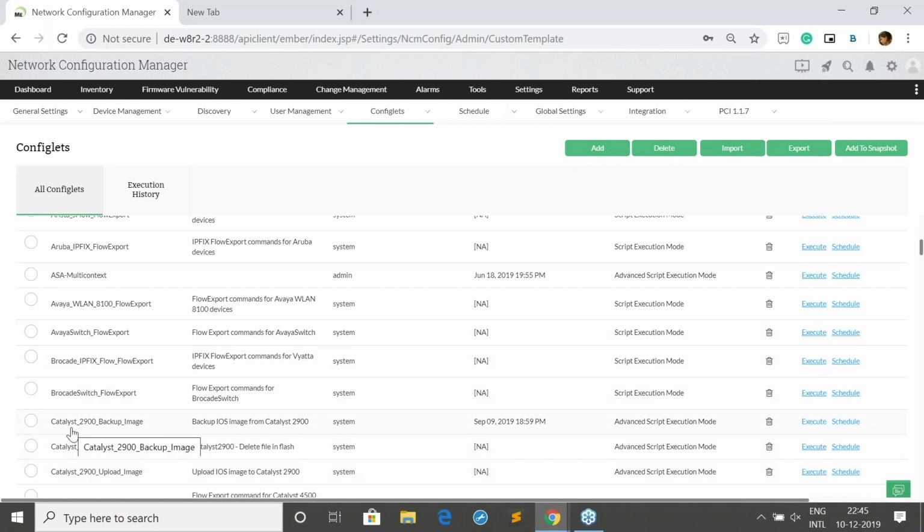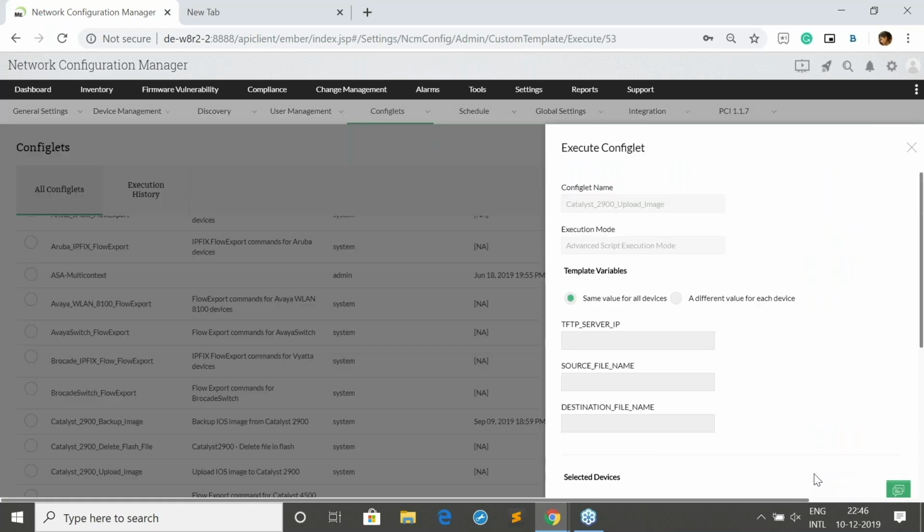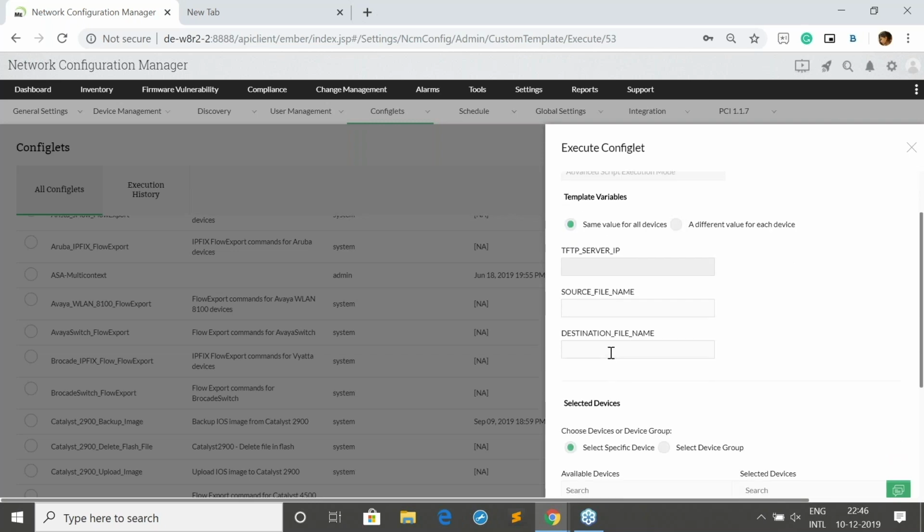Here we have a configlet named Catalyst 2900 backup image. Like this, Catalyst 2900 upload image. You can use this configlet to upload the image file from the NCM TFTP server to the device. Here you just mention the TFTP server IP address. As I mentioned earlier, NCM comes with an inbuilt TFTP server, so you just mention the NCM server IP address here,